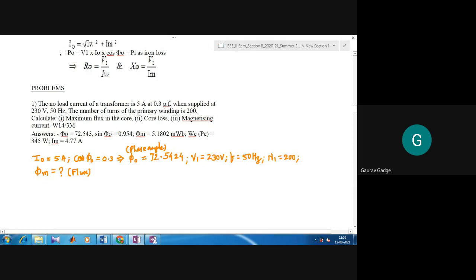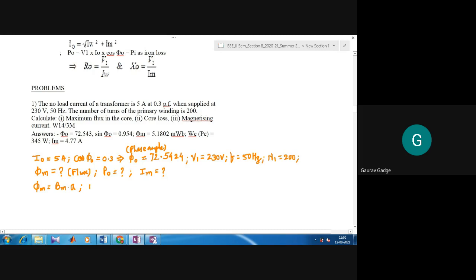Okay. So then power loss. Now in this particular case, whatever the power we calculate, that is nothing but the iron loss. So directly you can write down P naught. Then magnetizing current, IM. Now phi m, how do we get the value for phi m? Phi m is generally given by two equations. Phi m is equal to, it is in Weber, so it is Bm into A. But we cannot use this equation as flux density and cross-sectional area, both the parameters are unknown.